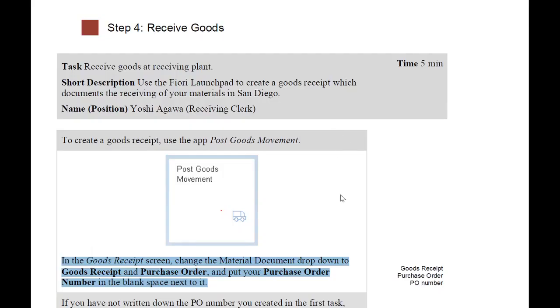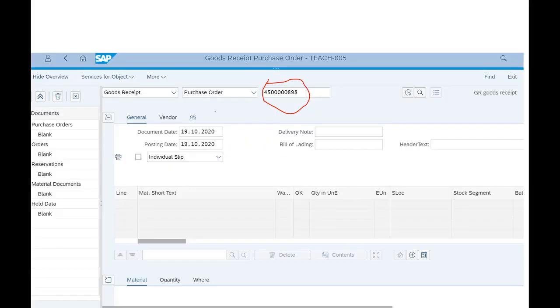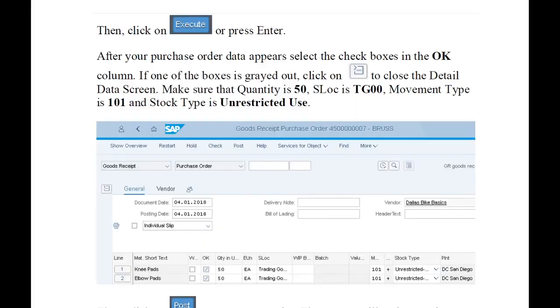there are a few things that we need to check as well. Here we changed the PO number and opened it, and then we selected both of these items. We have selected two items because our quantity was 50. So you need to make sure your storage location is fine, the quantity is 50, and it is of unrestricted use.